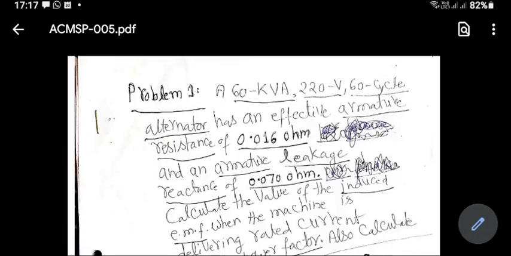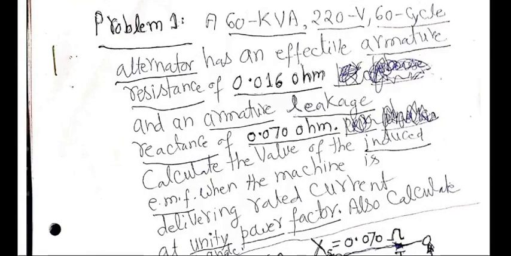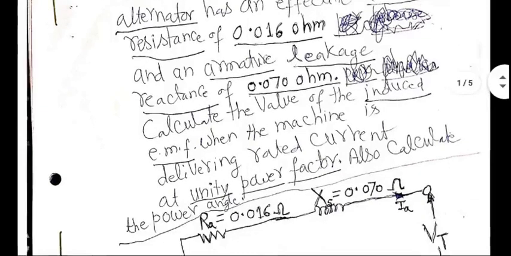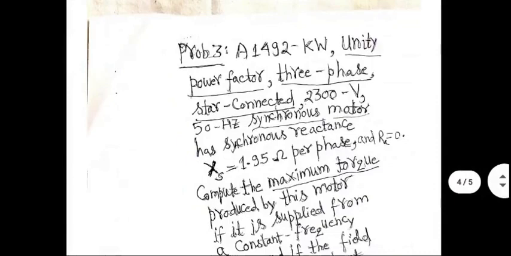Okay, let's see. They have not given you the number of poles. Otherwise, we would have been able to figure out the speed of the rotor also. Right? Anyway. This problem, can't even read it properly, I think. We'll ignore that. Let's go to problem 3, which is more readable.